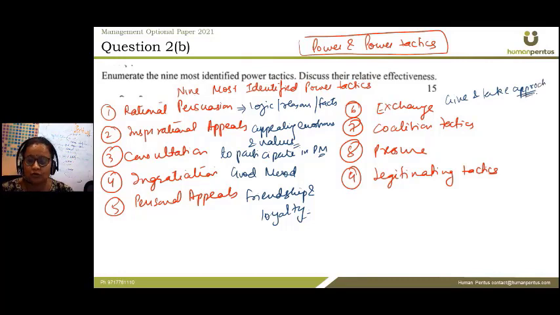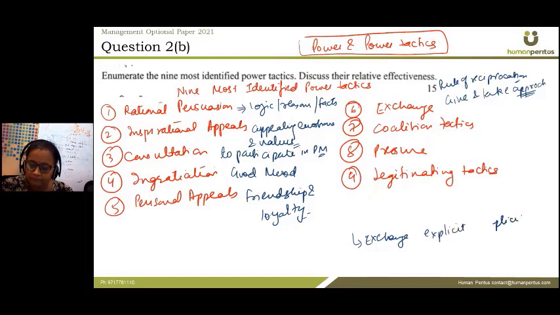So give and take approach, or we can also say rule of reciprocation is there. So ek haath le, ek haath de, right? So whenever in exchange, what actually is there, that is explicit and implicit favors are there, okay, or promises are there. So, got it? So that is whenever the two persons are trading favors with each other, that is under the exchange